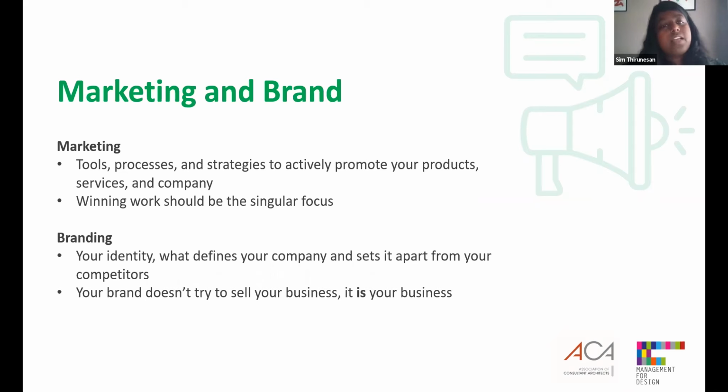The two concepts are intertwined. Proper marketing and brand work hand in hand. Marketing can be a great way to get your customers' attention, but branding is a way to keep it. People still want to do business with a brand they can get behind, brands that they believe in. Good marketing will get your brand in front of the right people, and a strong brand will create the connection that leads to wins and loyalties.